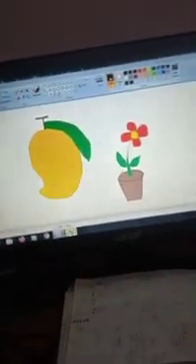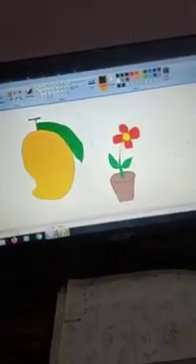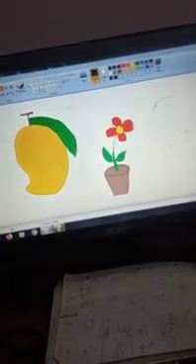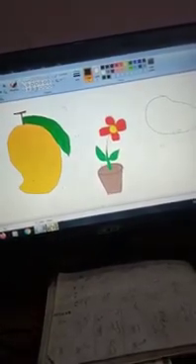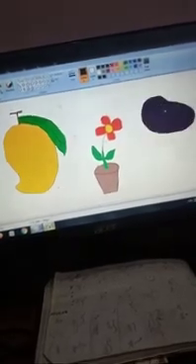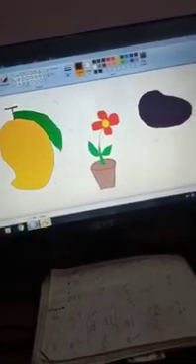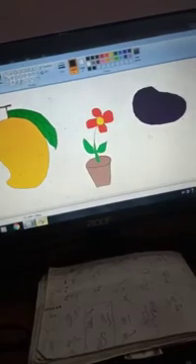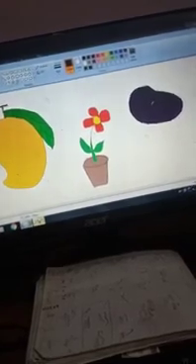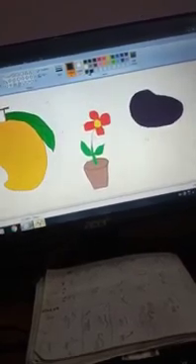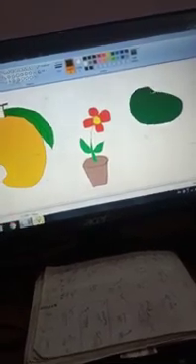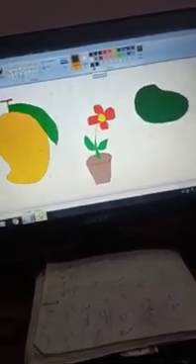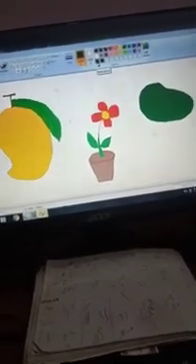If I draw anything, I want to check that color, that shade. Okay students, that is the way you can edit the colors.